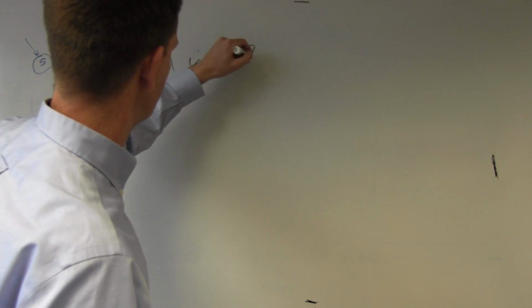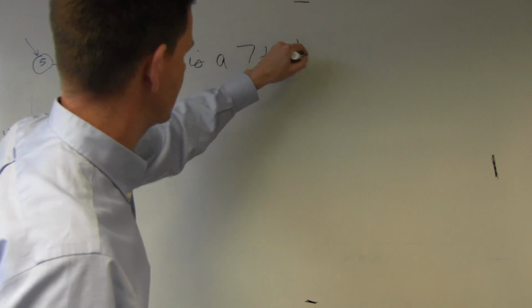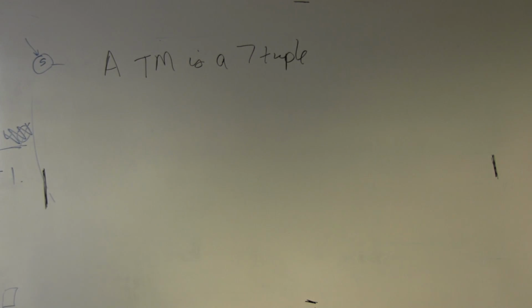Alright, in this one we're going to talk about Turing machines. This will be a basic and quick introduction to Turing machines. So as you might not be surprised to hear, a Turing machine is a 7-tuple. That's just kind of a long-winded way of saying it's got 7